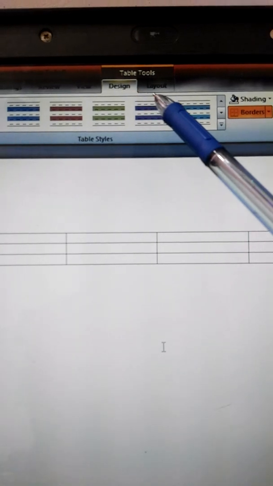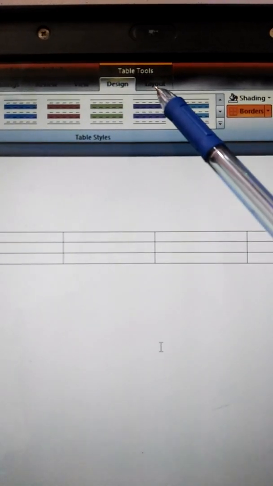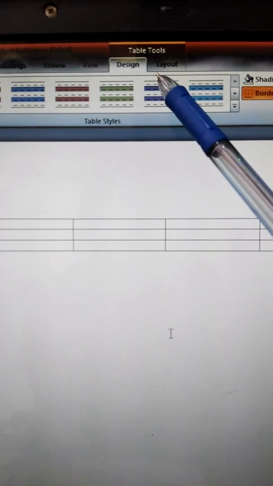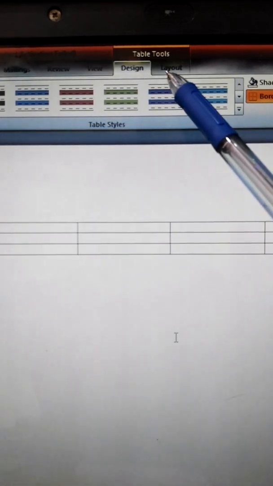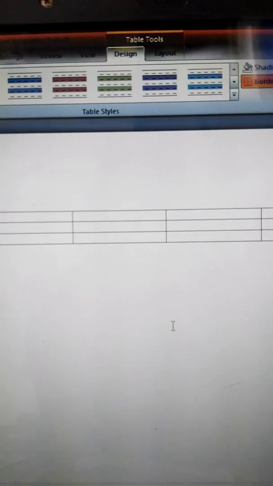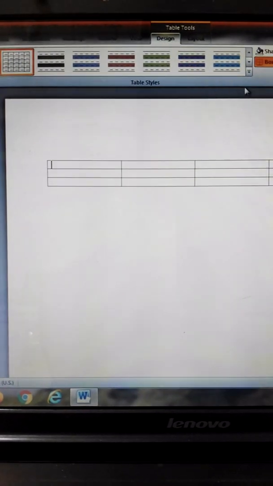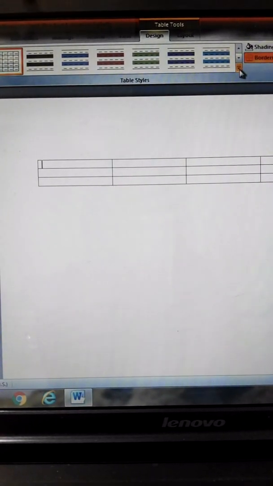And one more thing, as you can see here are 2 more tabs appeared on the screen in the ribbon, the design tab and layout tab. Using the design tab, you can also change the designs of your table.